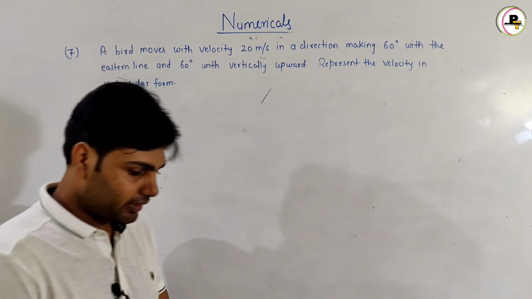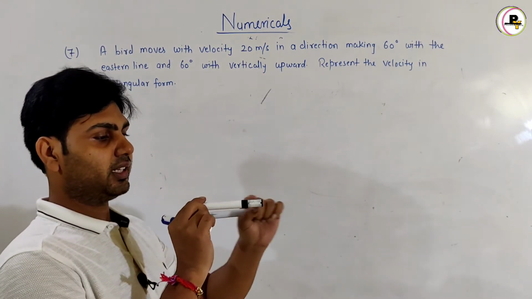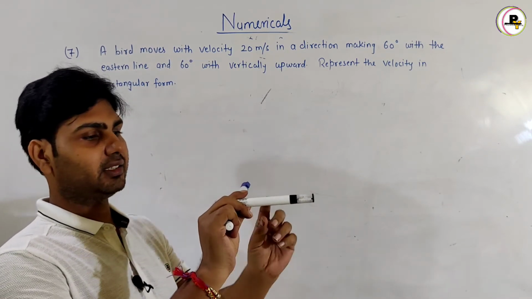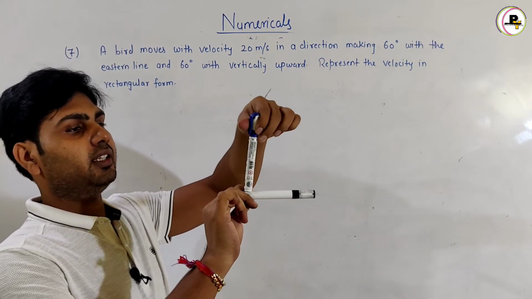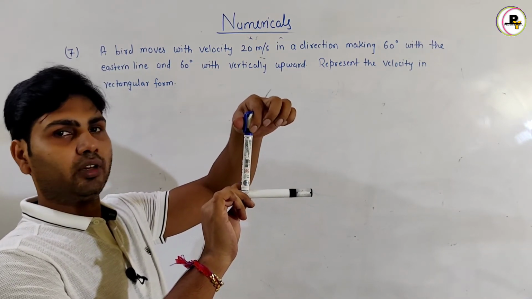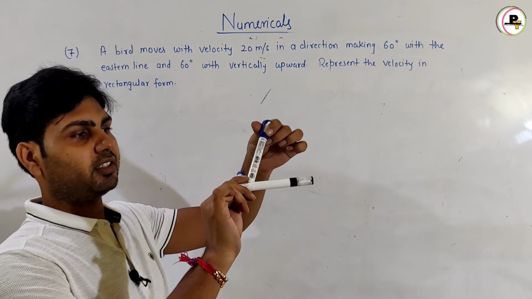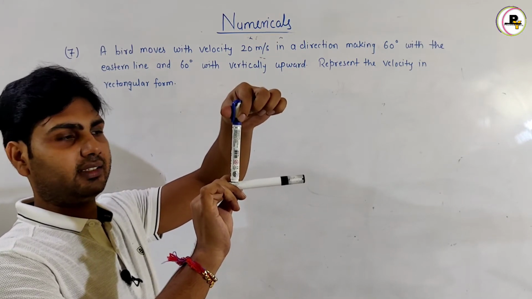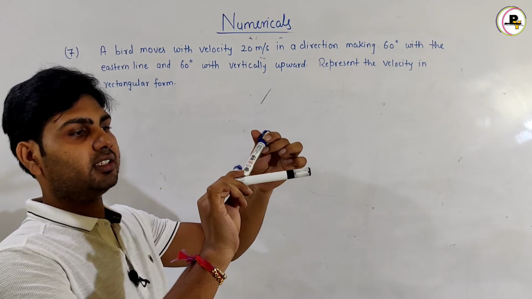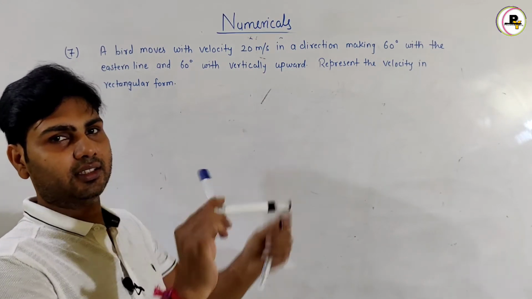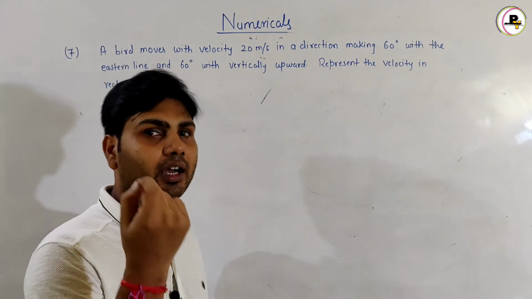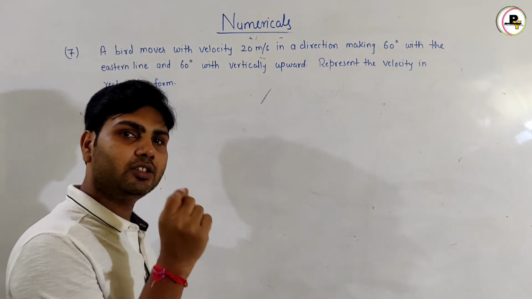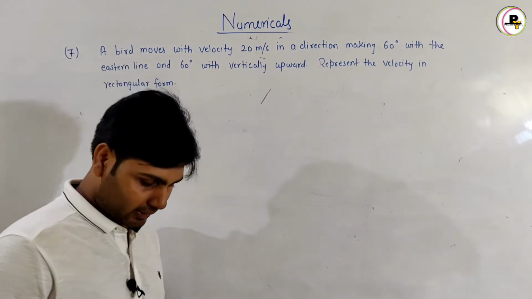So friends, first of all, I'd like to tell you, suppose this is eastern line which represents x-axis, and this is northern line which represents y-axis, and this is vertically upward line which represents z-axis. Suppose a vector v is given over here, so it is making an angle of 60 degree with this vertical line, that is z-axis, and an angle of 60 degree with this horizontal line along x-axis. So I have given basically what? Alpha and gamma, and we have to find beta, and then we will represent the velocity vector in terms of its component along x, y and z axis.